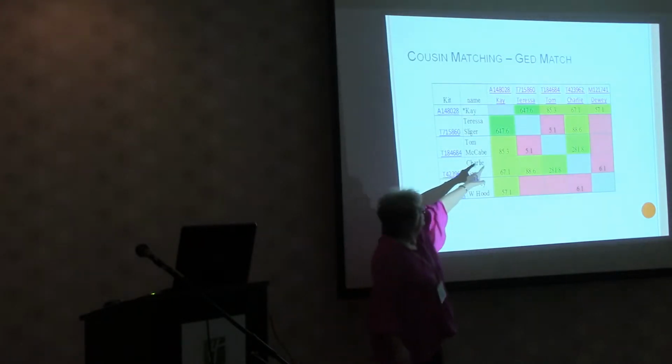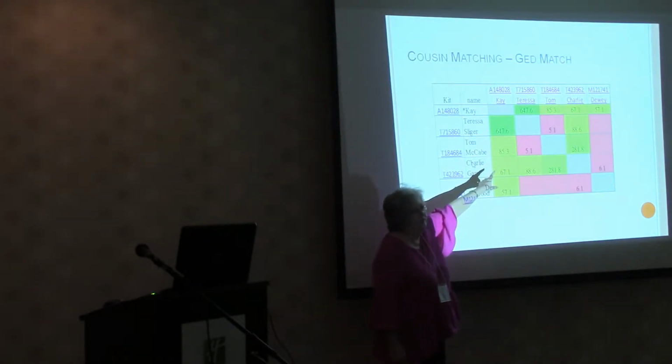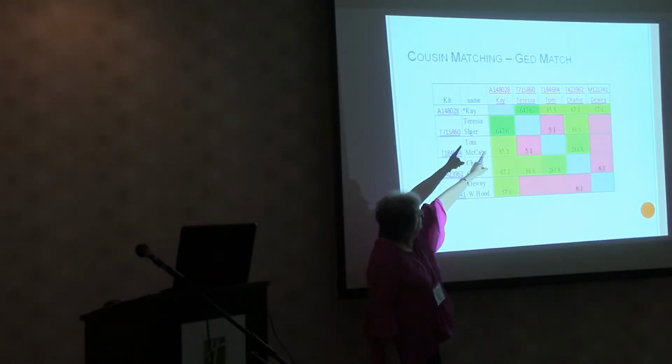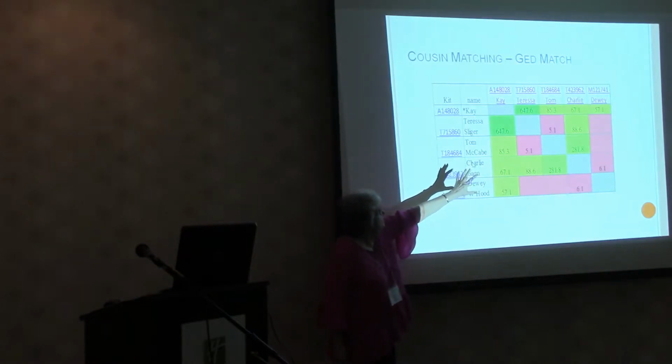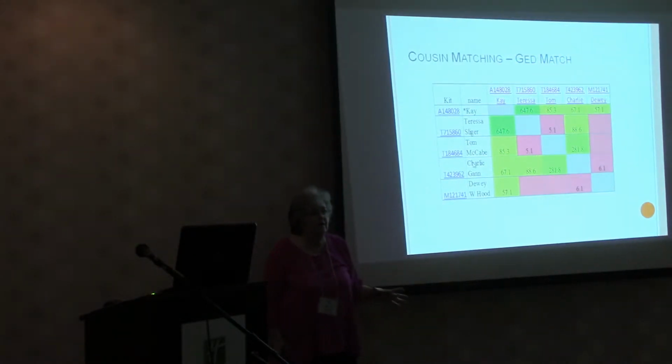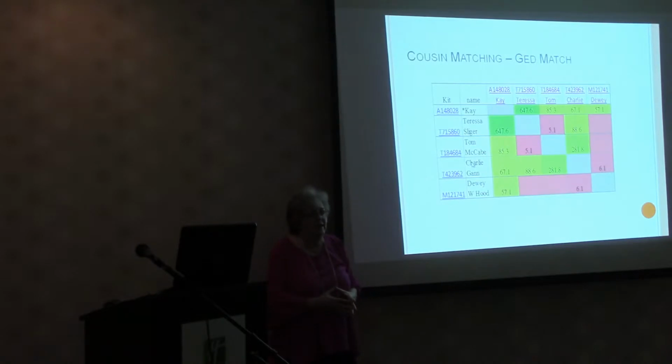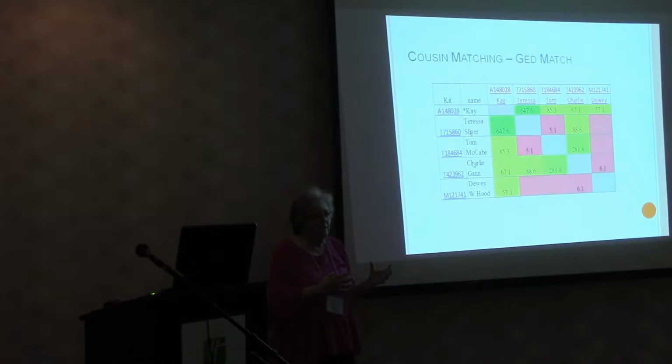And here's Tom. You can see Tom and I have 85.3, which is within the third cousin range. And here's Charlie, 67.1, and I have 57.1 with Dewey. Now, Teresa obviously matches me, she matches Tom, and she matches Charlie. So if you look at just those people, Teresa, me, Tom, and Charlie are a triangulated group, and we share a common ancestor because we all match interrelatedly. Make sense? How do you know they're a triangulated group? Because